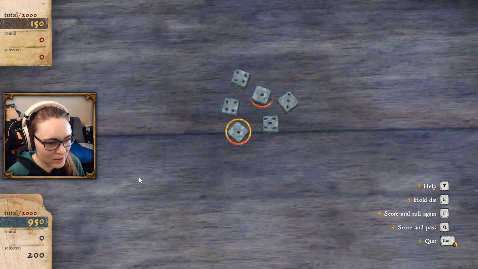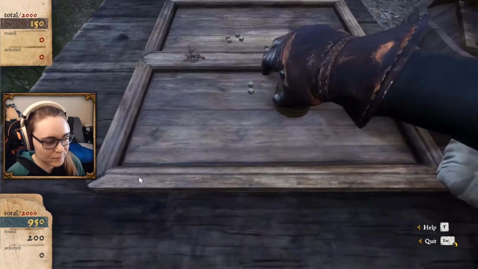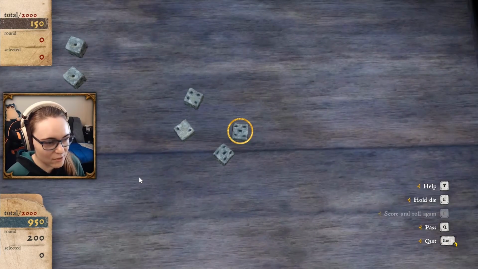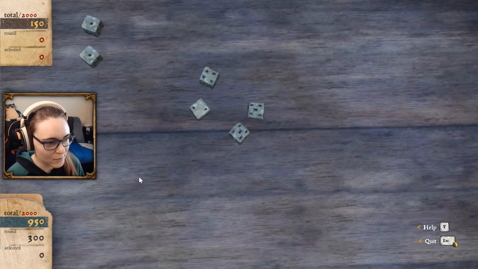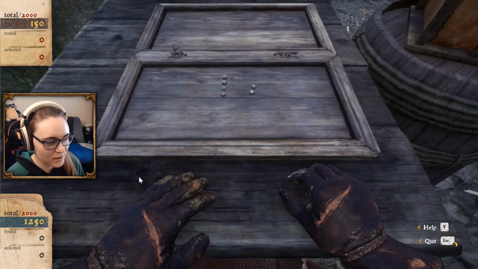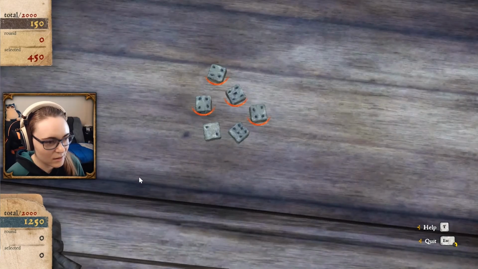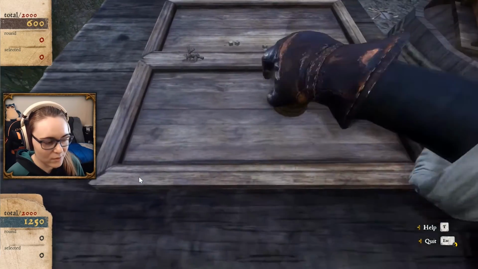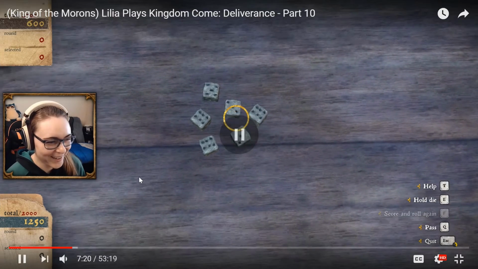Alright, we've got 2 1s. We're gonna score and roll again, look for some more 1s. No luck, but we did get 2 5s, so we're gonna hold those and pass. Okay. Finished. Alright, he's starting to get points now, so...